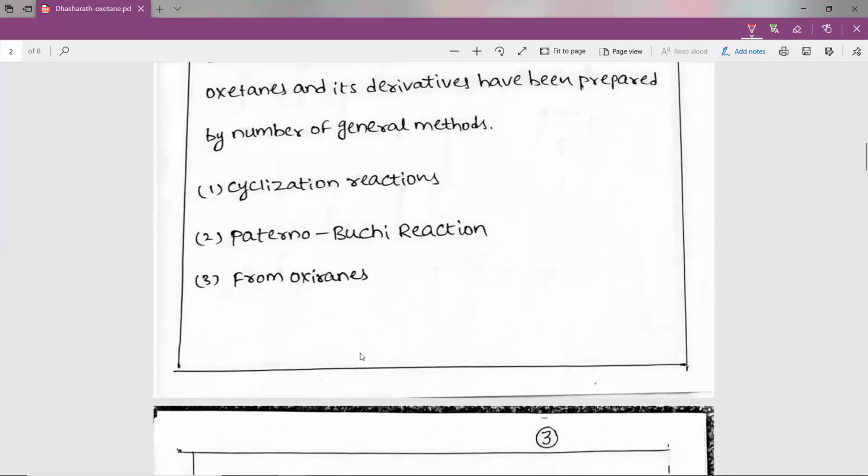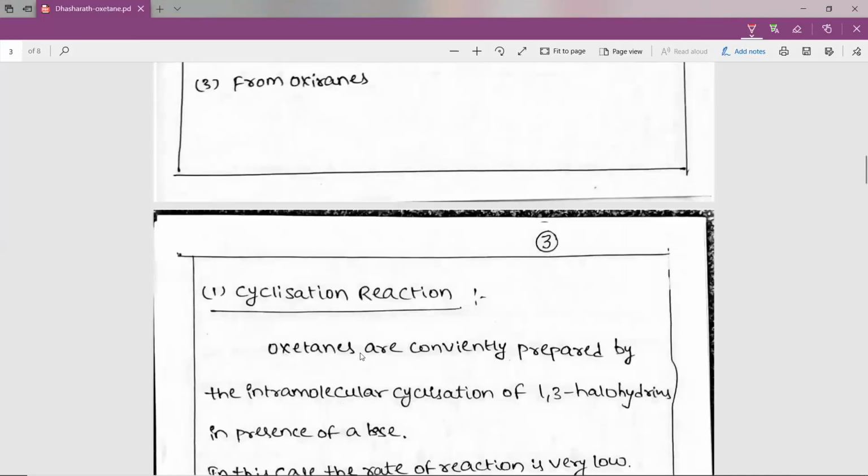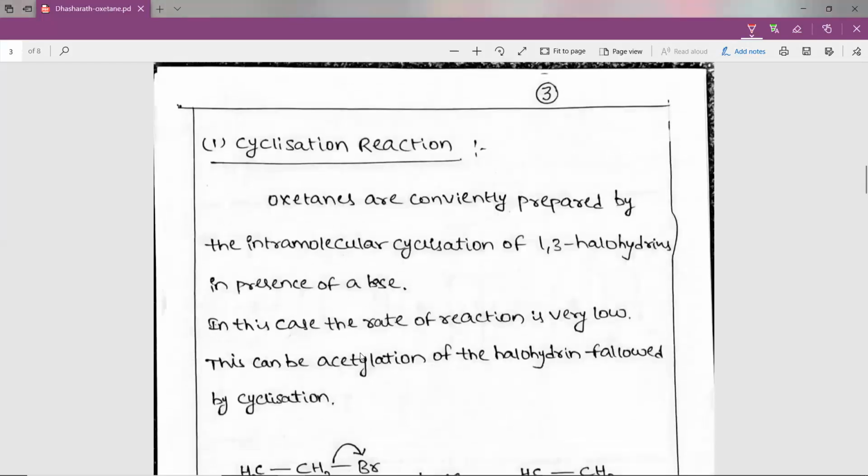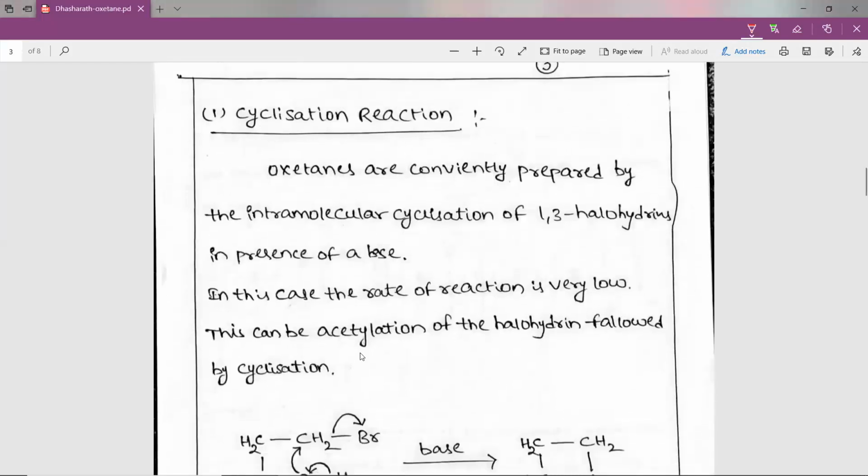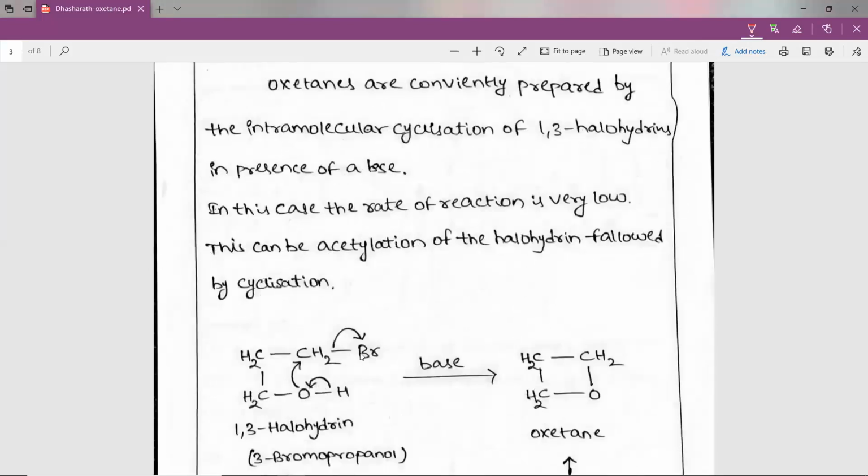Let us see these methods one by one. Cyclization reactions. Oxetanes are conveniently prepared by intramolecular cyclization of 1,3-halohydrins in the presence of base. This is an alpha, beta, gamma halo alcohol, and we can call it a 1,3-halohydrin. When treated with a base, they undergo an intramolecular nucleophilic substitution reaction,